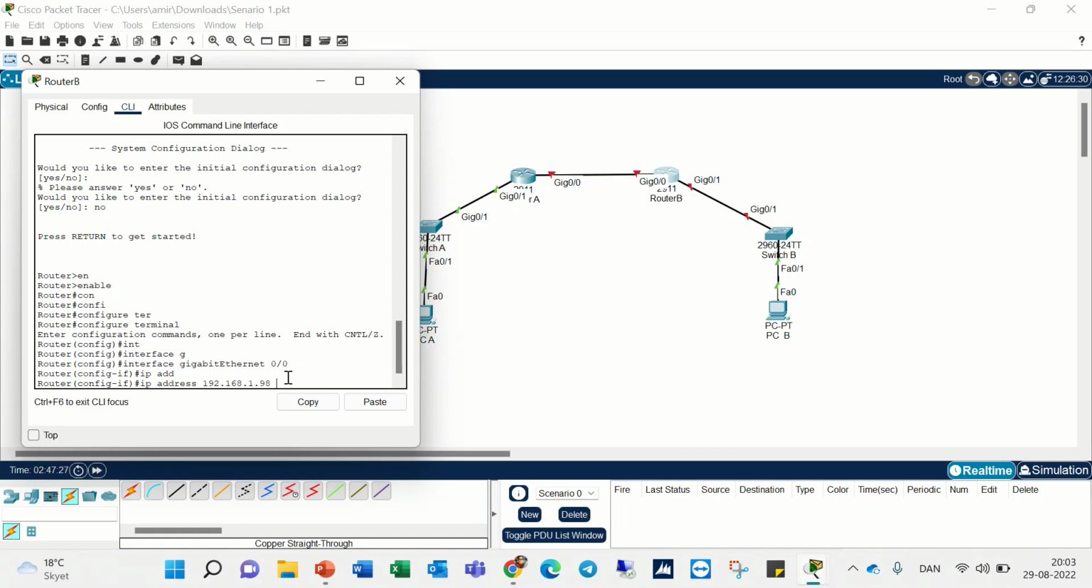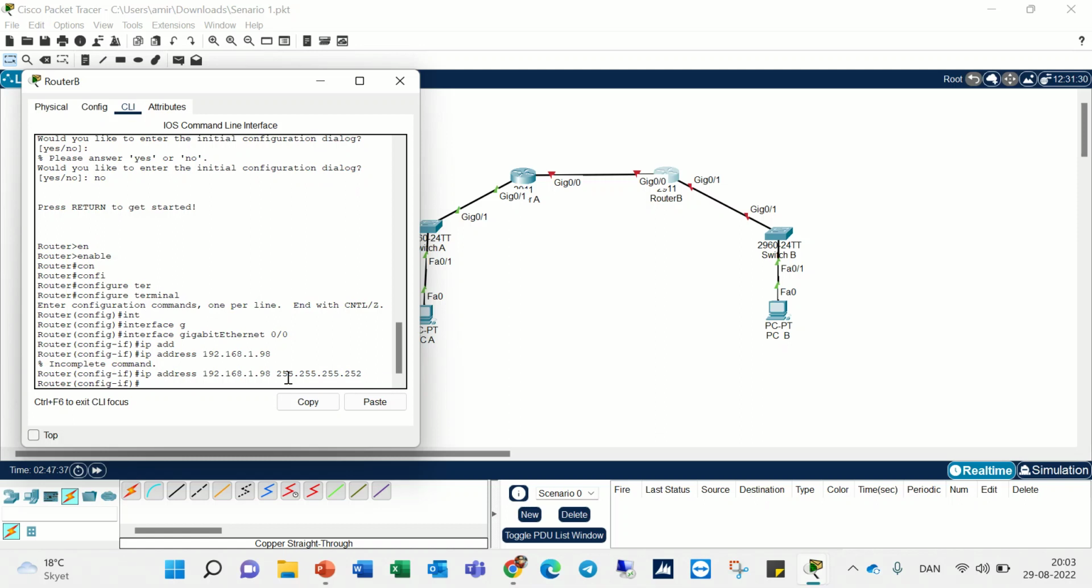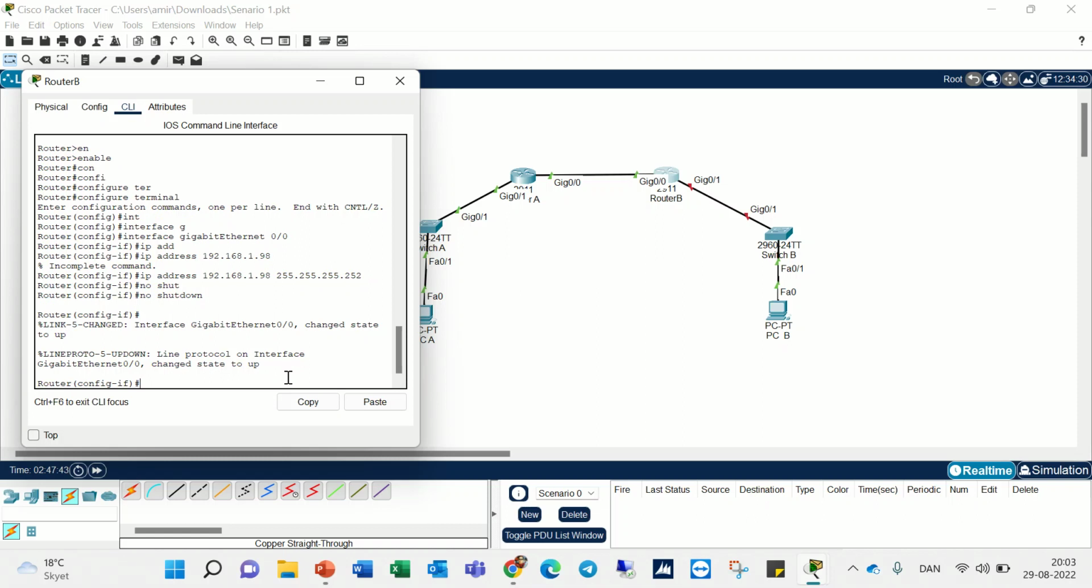If you write here, for example, click on enter, it doesn't work for you in complete command because you need to also write 252 subnet mask and no shutdown to activate this interface. And you can also get information, its state changed to up, okay? And also exit